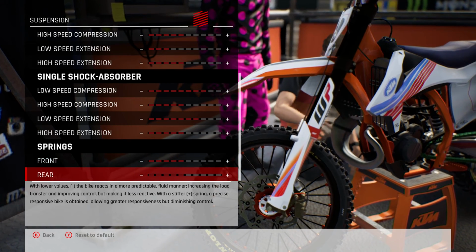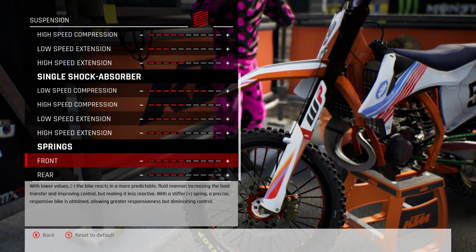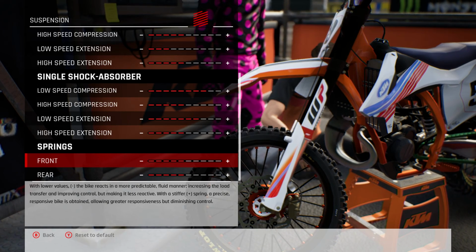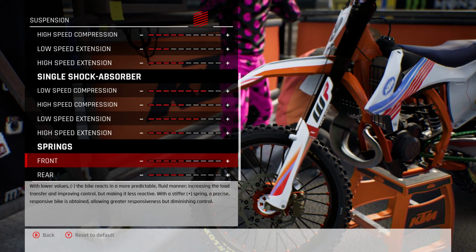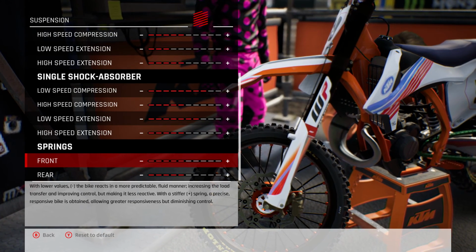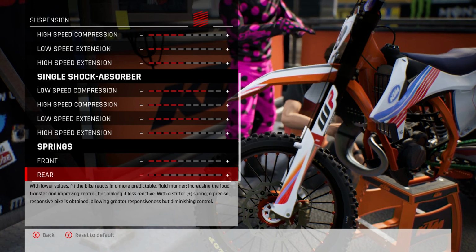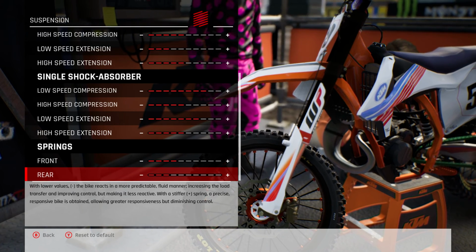But I want it still plush for going over those bumps. So springs, both the front and the rear do the same stuff. Softer setting, more predictable, fluid manner, increasing the load transfer, improving control, but makes it less reactive. Stiffer spring, precise response spike is obtained, allowing greater responsiveness but diminishing control. So this is what I was just saying with a stiffer front and a lighter rear. That's what I prefer. I think I still have the front end a little bit less stiff, softer, but I just go a little bit more in the rear. That's just my preference, because it'll make it so that